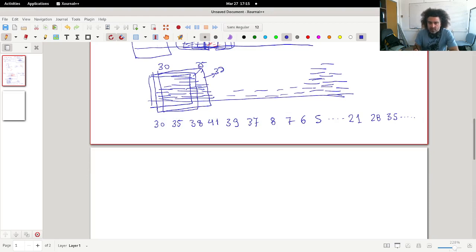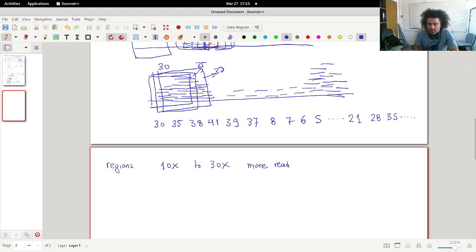And in the first step, what we identify are regions that have 10 to 30 times more reads than average. So if all the windows on the genome, let's say they have an average of 7.8 reads, this is an average value,